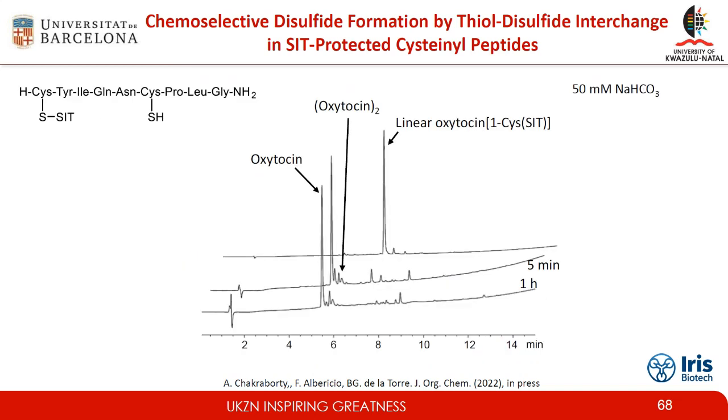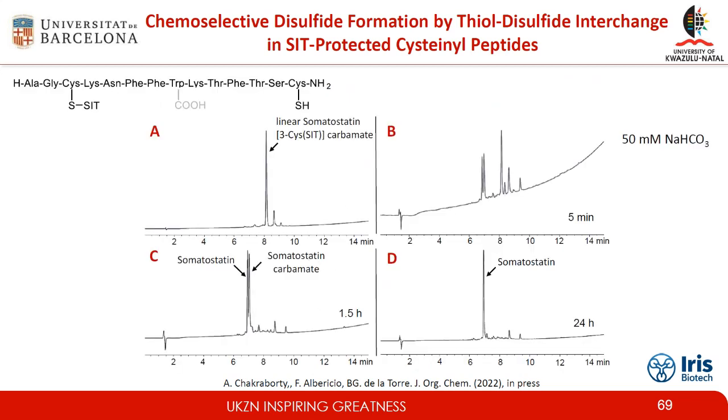When we move to something more complicated, again oxytocin with one MNT, I think we prepare this with the methoxytrityl, the other one with SID, perfect, stable, and when you put it in 50 millimolar sodium bicarbonate, after 1 hour we have a very nice oxytocin. And finally, the last example was when we were making somatostatinamide. In that case, we do the same, one cysteine with trityl, another cysteine with SID, perfect synthesis, and when we